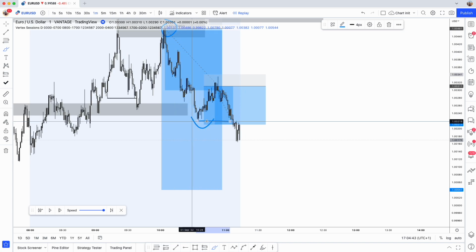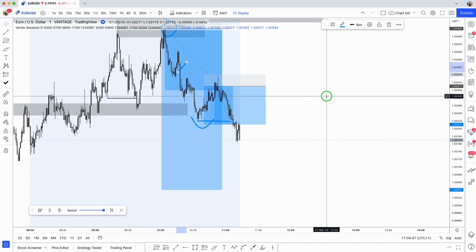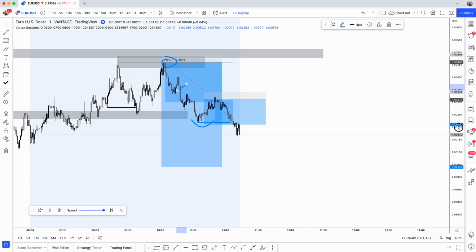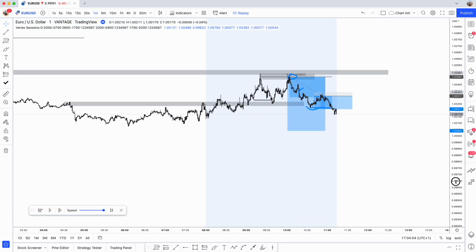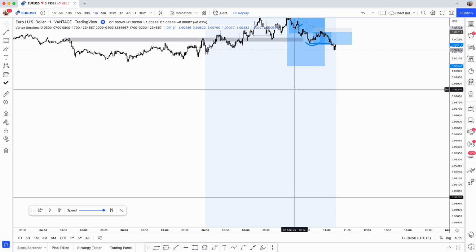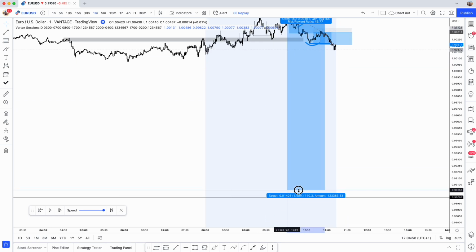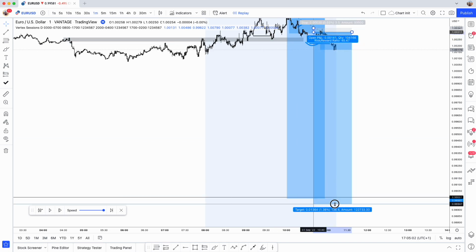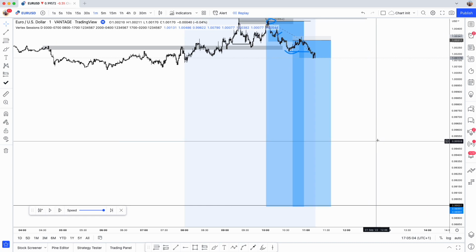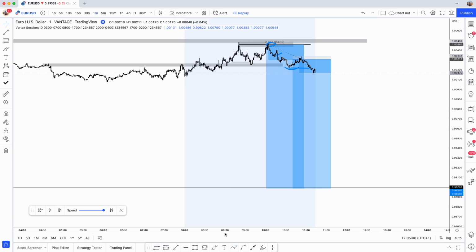So now that I've broken this structure, now we can move this to break even, and now we're sitting risk free. Now we need to remember what we are trying to do. So our higher time frame target is to go out and take out this 4-hour low. So we can move this to, let's have a round number on that one and that one there. Okay, so those are our target points.